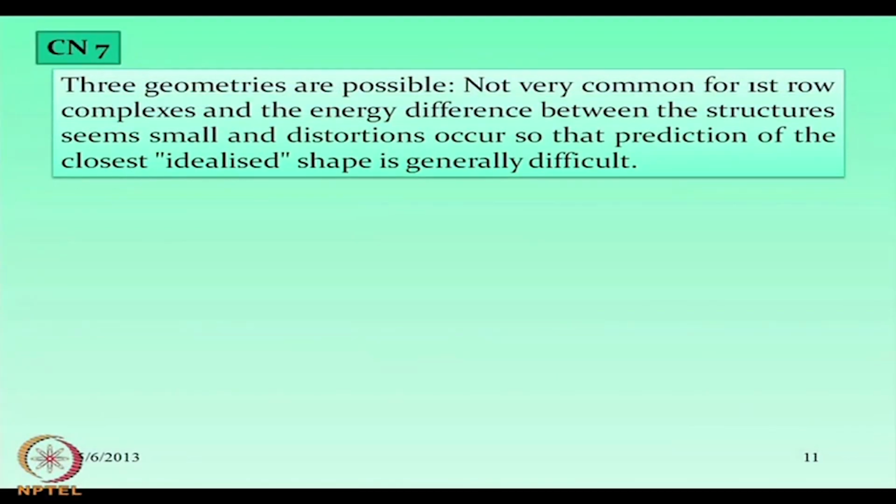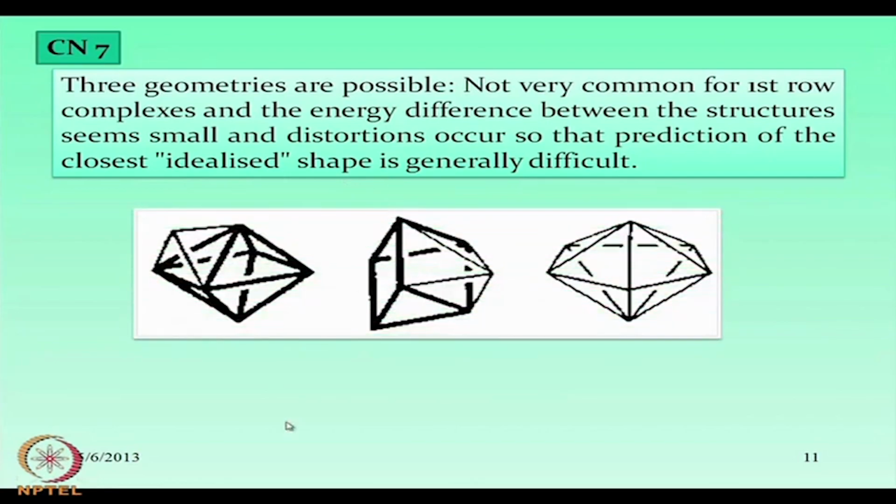extra ligand. And when we put that extra ligand, we have 3 geometrical possibilities, which are not common for the first row element, because we need some bigger atom, bigger metal center, such that we can put more than 6 ligands surrounding this particular center. So they seem to be small and distortions occur, so that prediction of the closest idealized shape is generally difficult. So these are the 3 situations for a coordination number of 7,